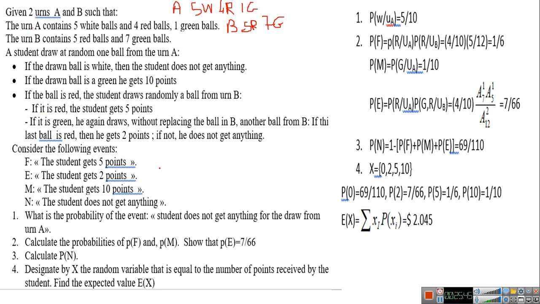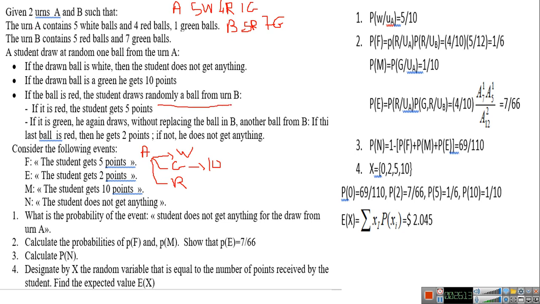If the drawn ball, again, we're going to put it here. We are in urn A. If the drawn ball is white, then the student does not get anything. If the drawn ball is green, so suppose it's green, he gets 10 points. We solved similar problems. If the drawn ball is red,